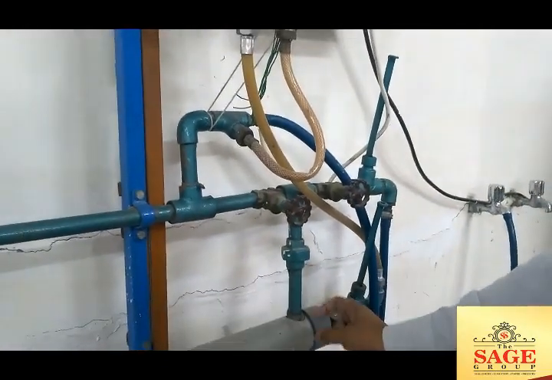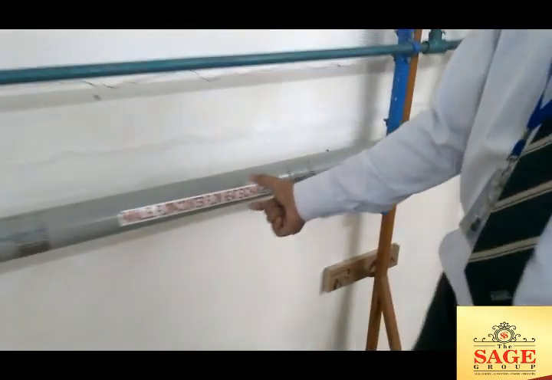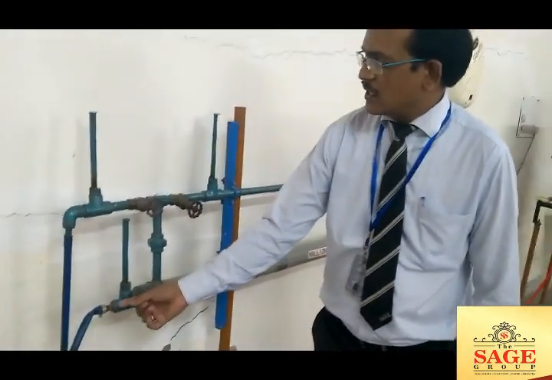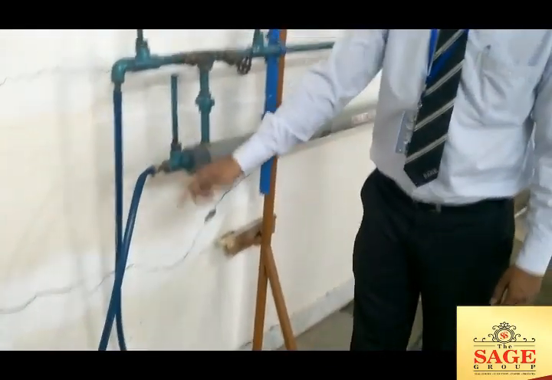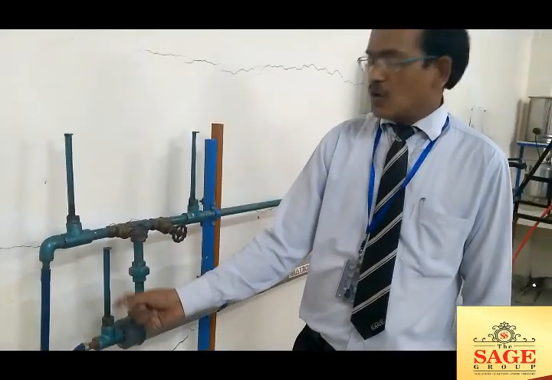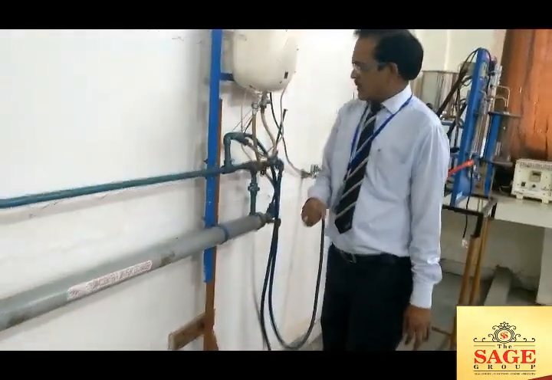Now the hot water which is passing through this pipe goes through the inner pipe, and after passing through, the water will leave through this outlet pipe, and here again we measure the outlet temperature of the hot water. Now about the cold water, what happens?